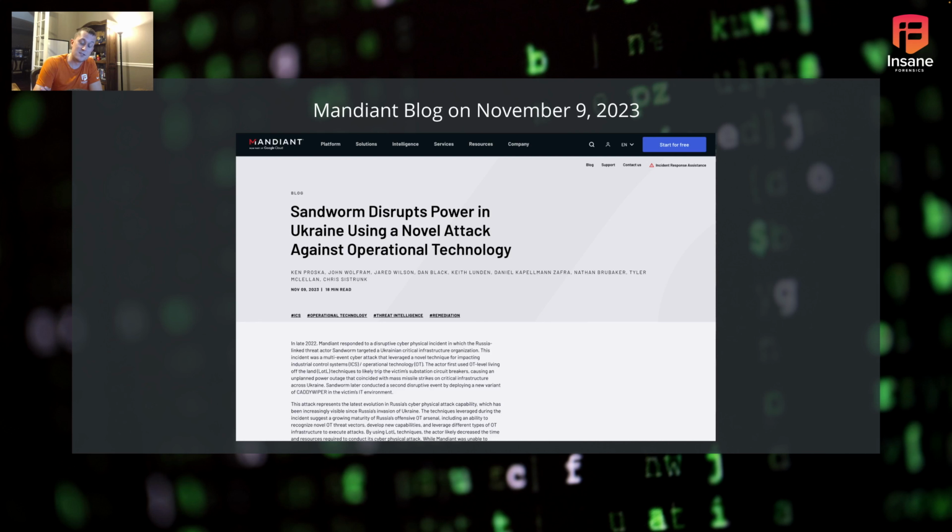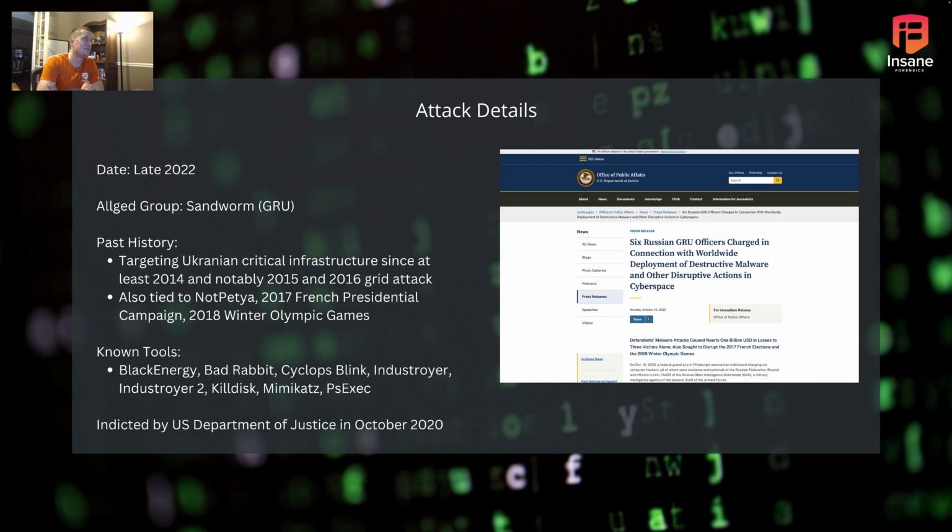So they did certainly use an industrial application, but they also used features that are just built into Windows to do it. So again, this is a technique that works both at the nation state level between two nation states, as well as you'll actually see this in ransomware groups. You'll see this in other breaches. So it's a really interesting kind of case study to talk through. Let's dive right in. So attack details.